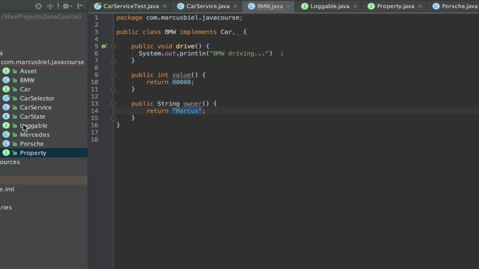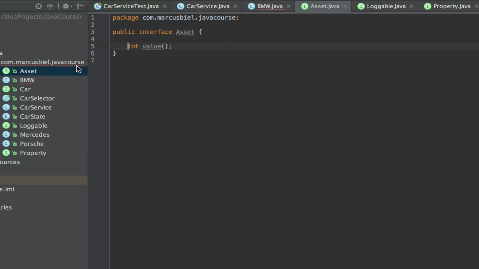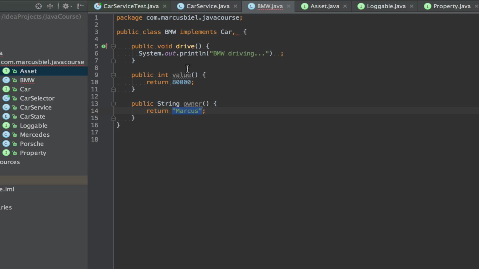And one more interface. I just came up with the idea, we could also have the role of being an asset. An asset would have a value. And so my BMW also has a value. So I can now easily say implements loggable.